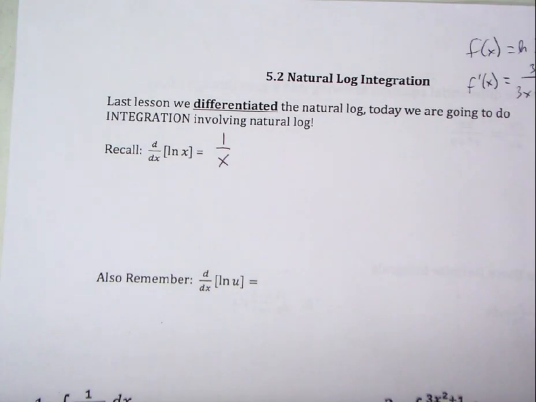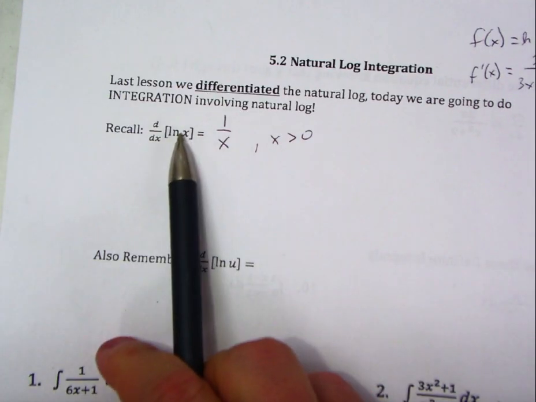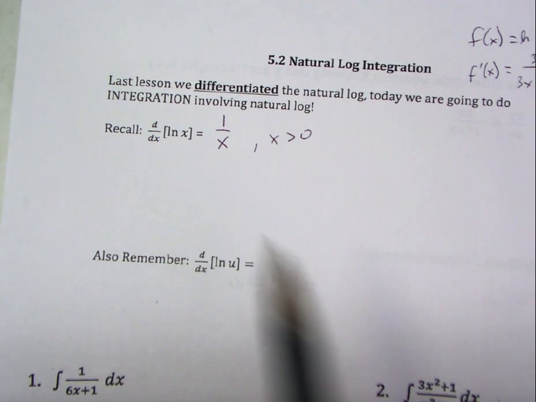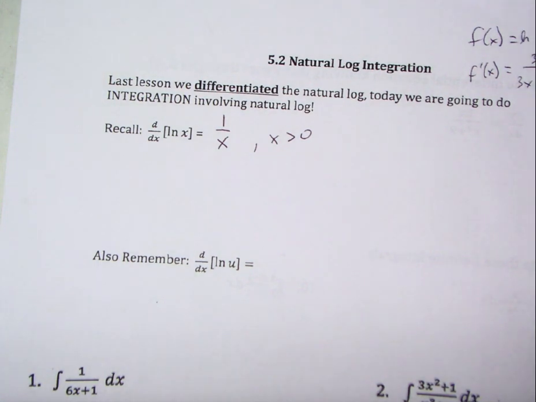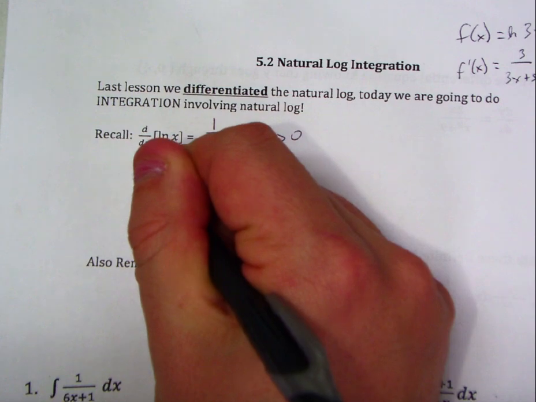That's the derivative using that rule from the e-learning video. Provided that x is greater than 0, because you can never take the natural log of a negative. So x is going to have to be a positive number. Okay. Well, let's think about this in the reverse order. All right. What if I had 1 over x